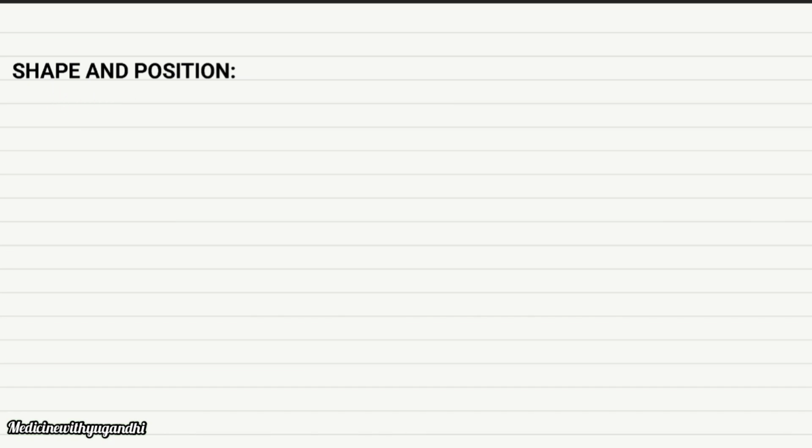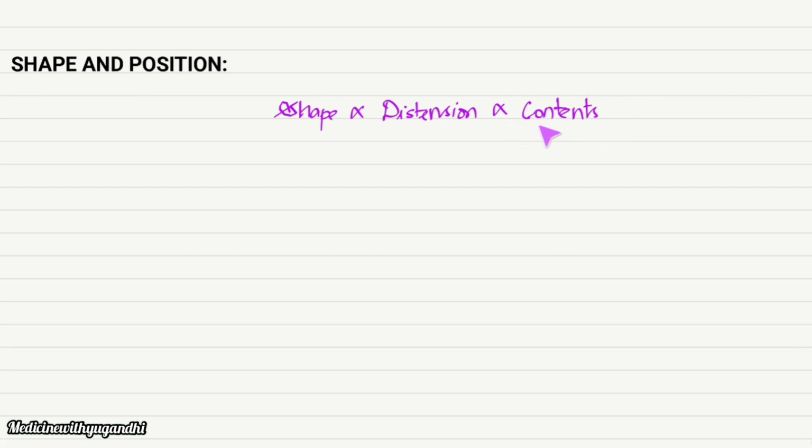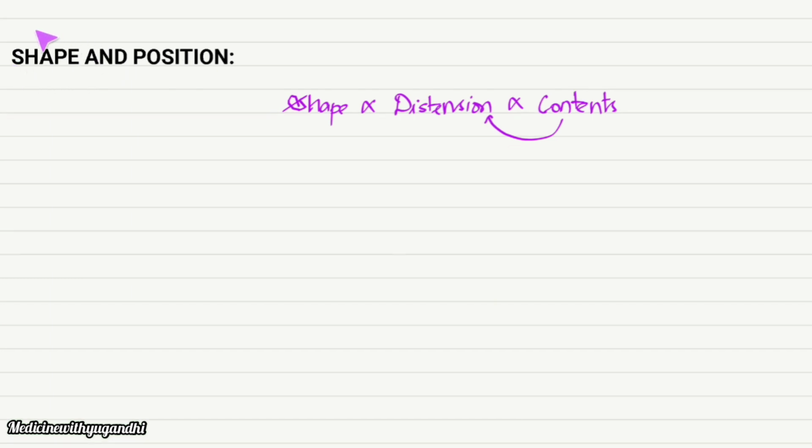See, the shape of the stomach actually depends upon the distension of the stomach, and this distension in turn depends upon the contents within the stomach, that is the food, water and acid contents within the stomach. In a simple manner, if the contents are more, then the stomach becomes highly distended. Then if the contents are less, the stomach becomes less distended. And the shape of the stomach not only depends upon its own distension but also the distension of the colon, that is the adjacent organ.